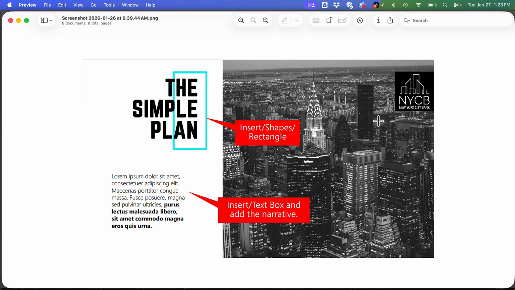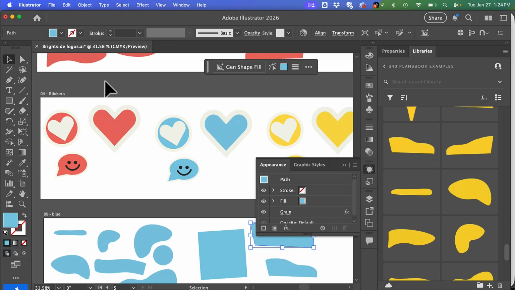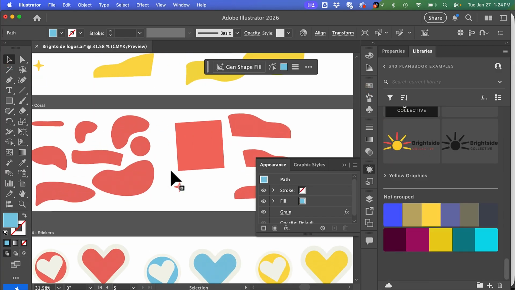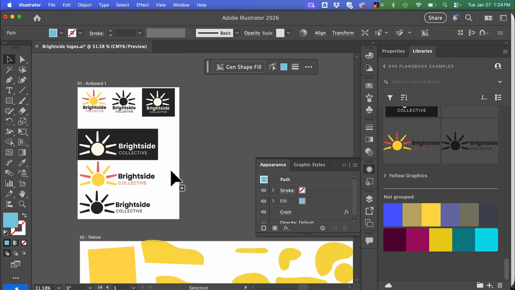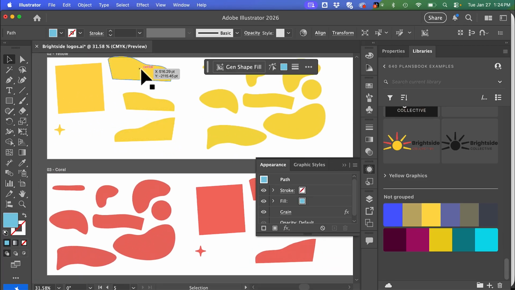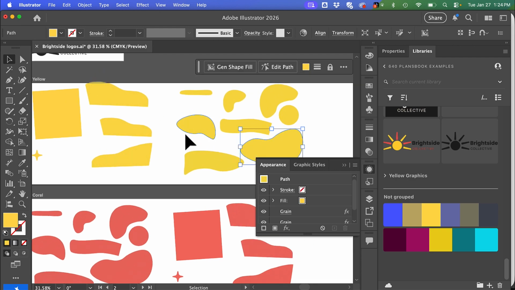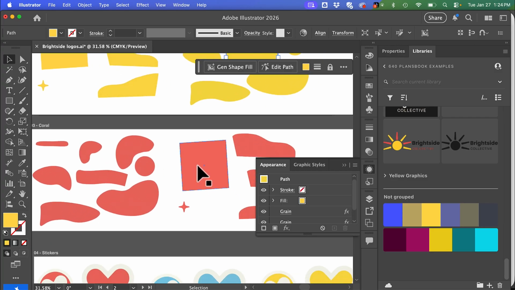Now, for my brand, I wanted to think about really organic shapes that I could create. So of course I went into Illustrator for this. And I had a few basic ideas on what I wanted to do. And you can see my logos are also here. So I wanted a series of these organic shapes that I could use as background elements, as ways to anchor. There's my little highlight. That could go behind a subhead. And I've not only used my 3 different colors,